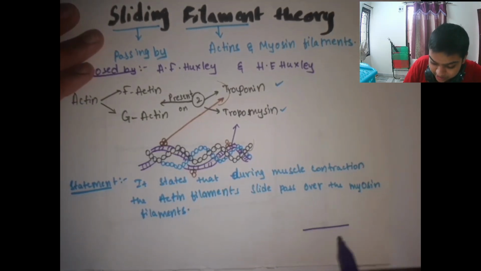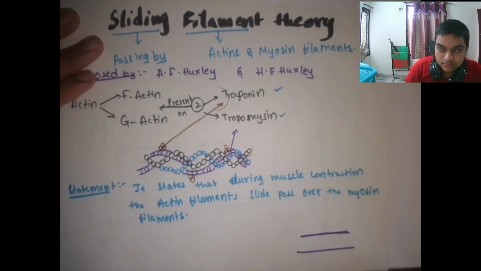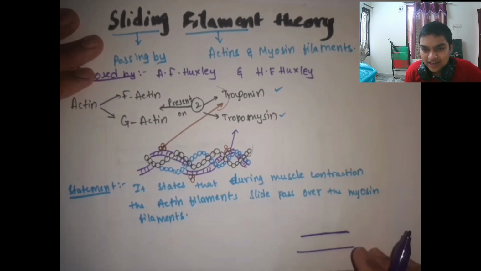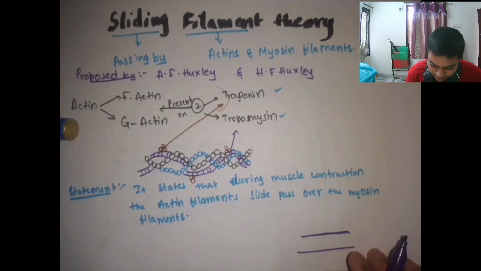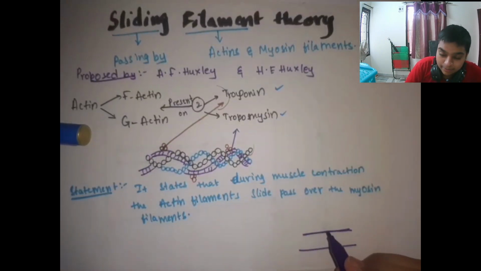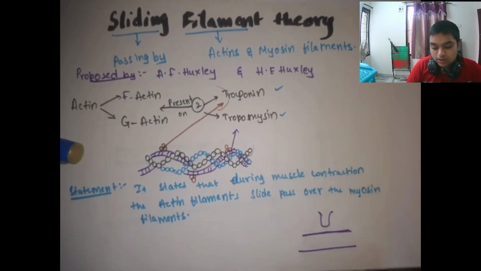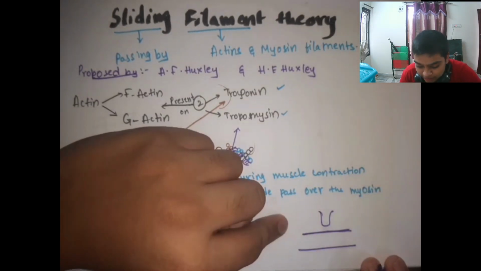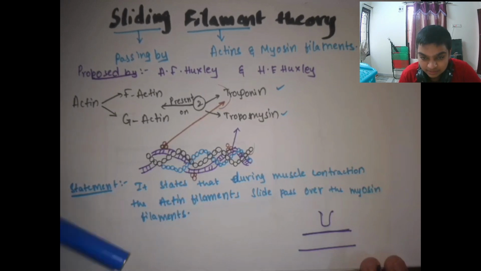neuromuscular junction. This is the muscle. This is the sarcolemma of the muscle. Sarcolemma, the plasma membrane. The endoplasmic reticulum is called the sarcoplasmic reticulum. We have seen yesterday, the sarcolemma of the muscle. Now this is the neuron. Now when this CNS sends information to the somatic nervous system, it sends a message,